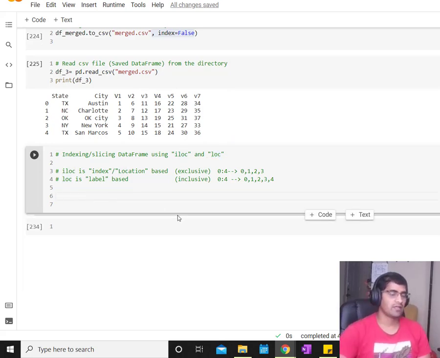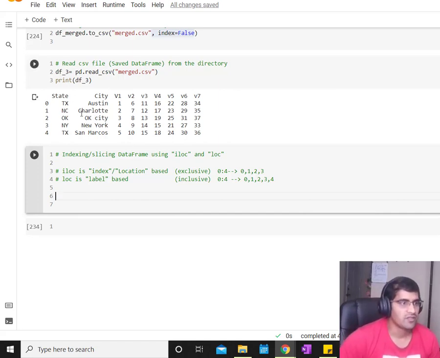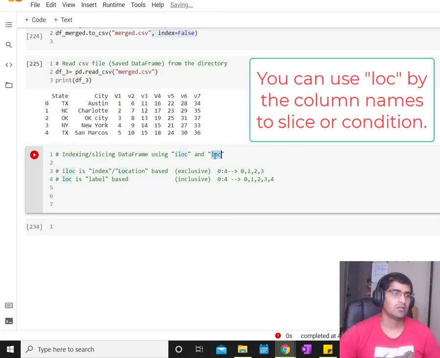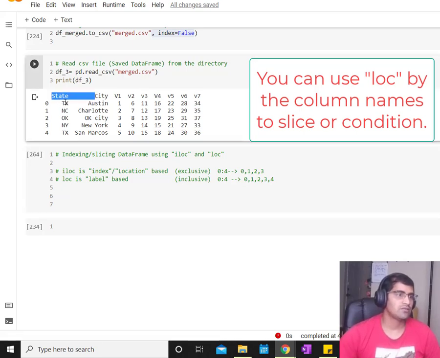The loc command can be used to find particular values based on the labels, right? So for example, this loc command can be used for slicing this way. For example, I would like to take all the columns, but only those rows having Texas as the state name.